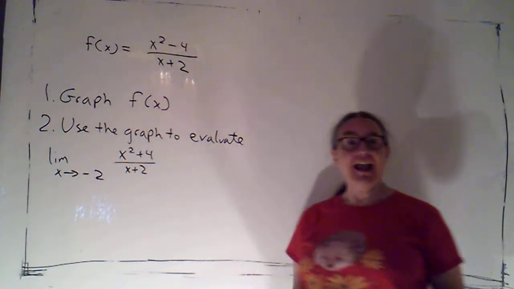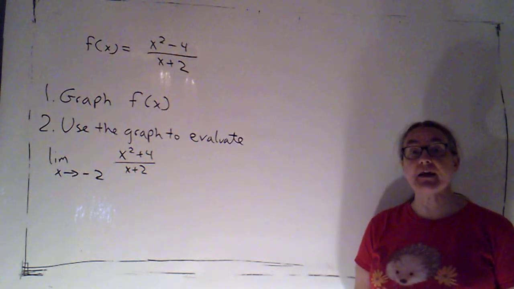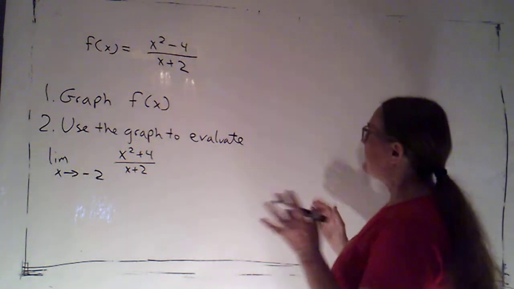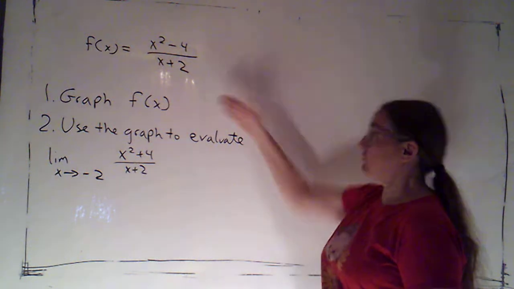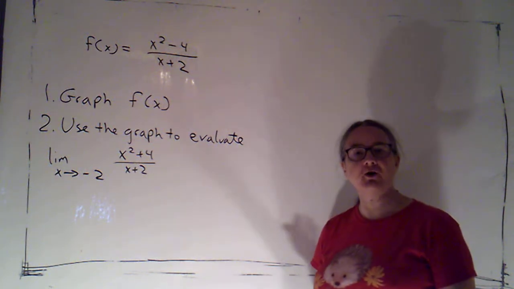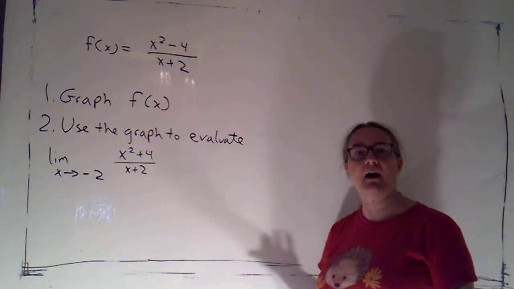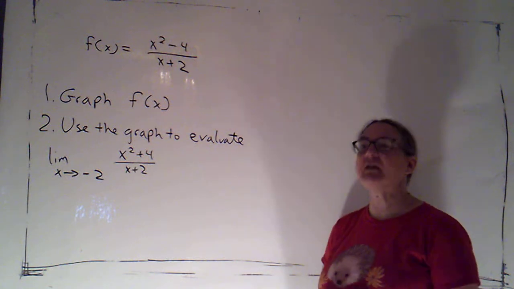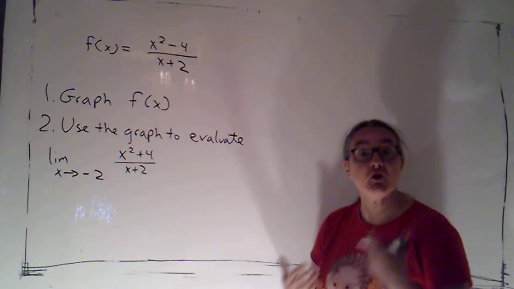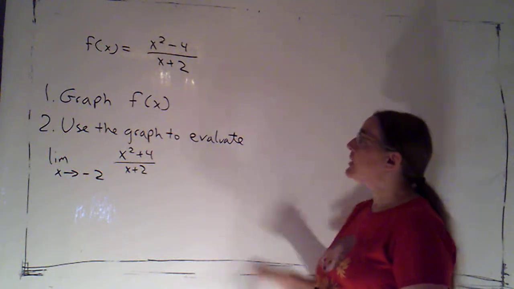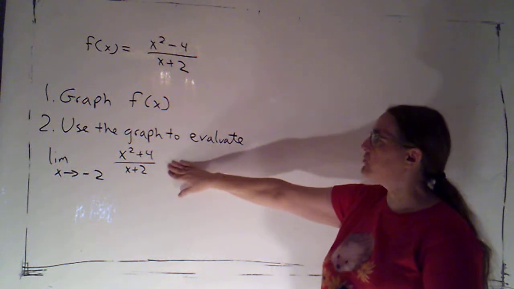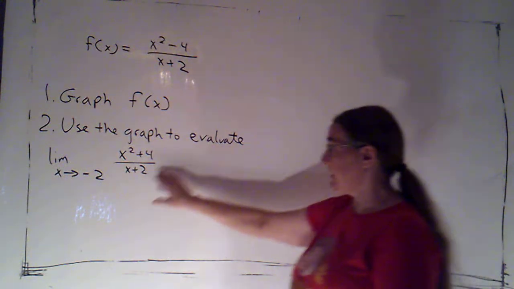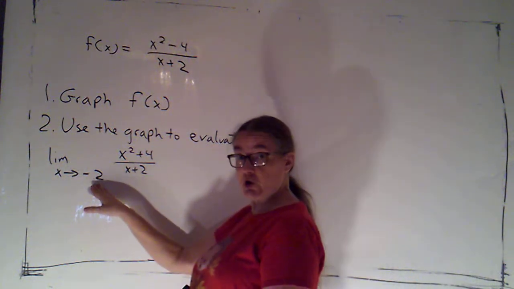In the last problem, I gave you a graph, and we used that graph to evaluate certain limits. In this problem, I'm giving you a function, and I'm saying, graph it. There are lots of functions that you know how to graph. So sometimes a graph will be given to you, sometimes you'll be generating the graph. We're going to graph this function, and then we'll use the graph to evaluate the limit as x approaches -2